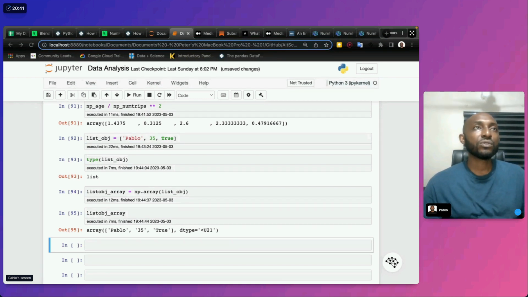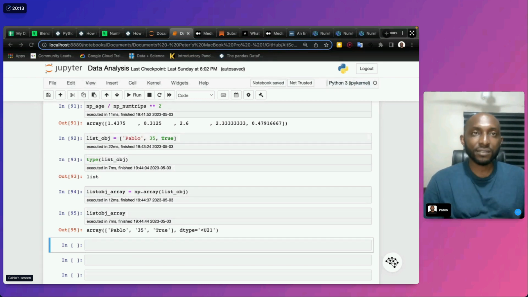And it's always interesting how arrays behave when you want to work with them, because they have different types of behaviors. They act in different ways, different from a list.